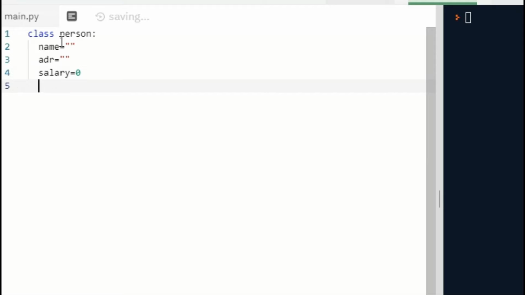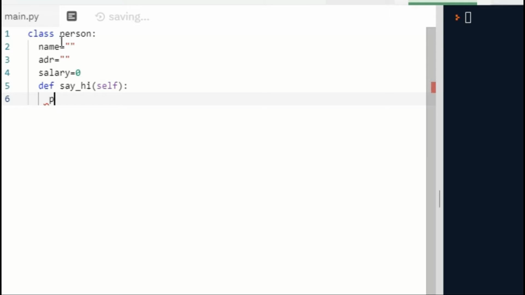Then we will define a function to perform on this data. Say hi. Suppose we will pass self, which is another keyword. It acts as a pointer which points to the current object of a class. We will see afterwards how it works.